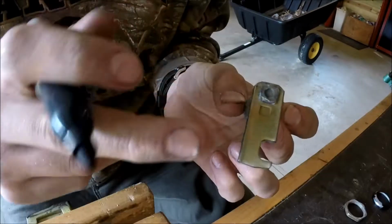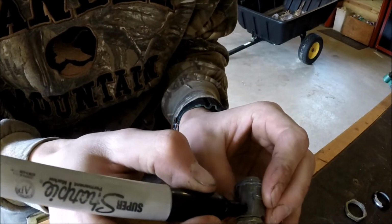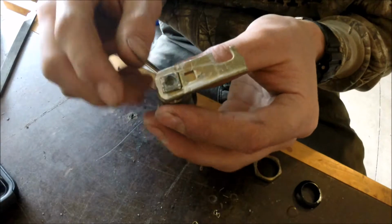But first, you want to mark what position that's in. It's important that it stays in the same position you took it off in. So I'm just going to take a Sharpie, draw a line right there so I know that that's the direction it goes back on. To get this arm off here,